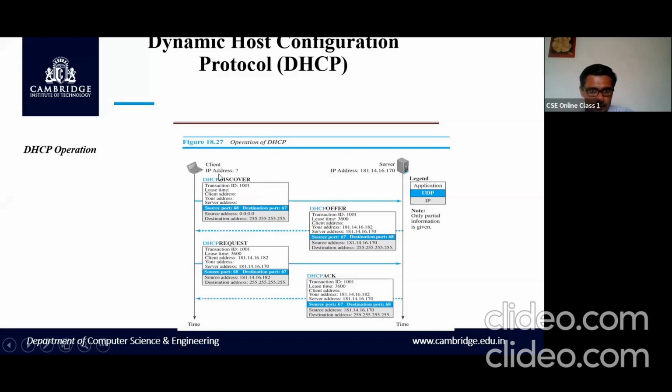See here, in this DHCP discover, only the transaction ID, some random number, is set. All others are empty. And source port number 68 and destination port number are mentioned here. Then source address, everything is set to 0 here. So only this information is there, and it goes to this server.